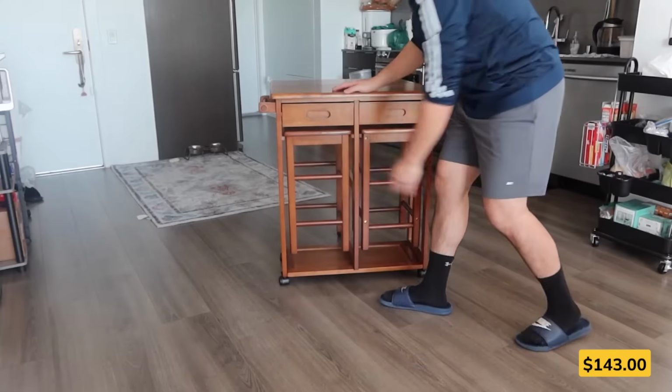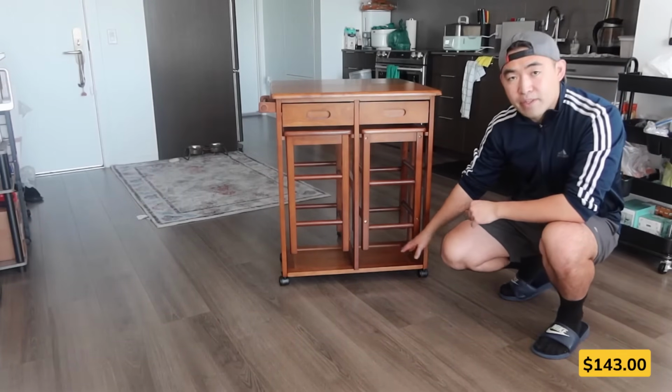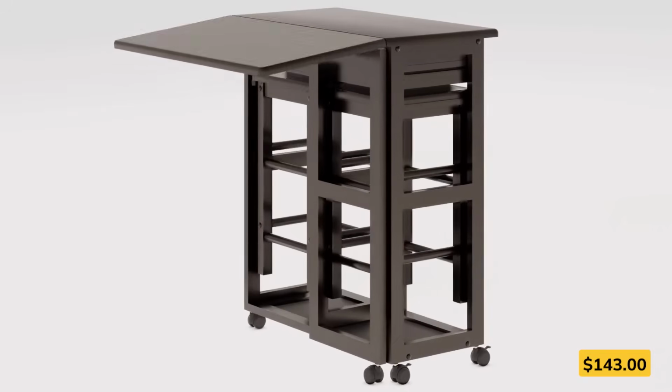Tiny kitchen? No problem. This clever space saver set gives you a compact table with stools that tuck neatly underneath when not in use. The drop leaf design means you can expand the surface for meals or fold it down